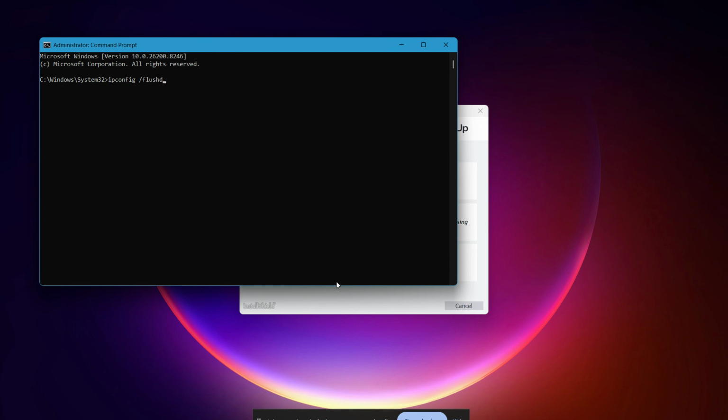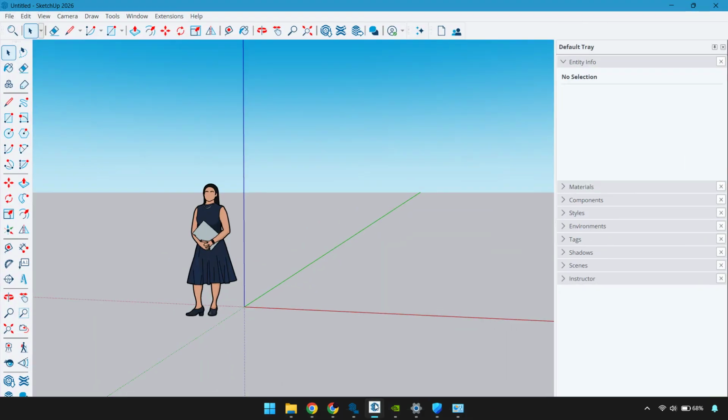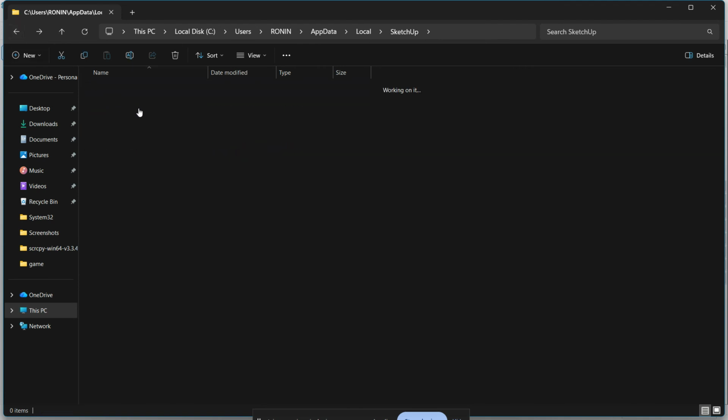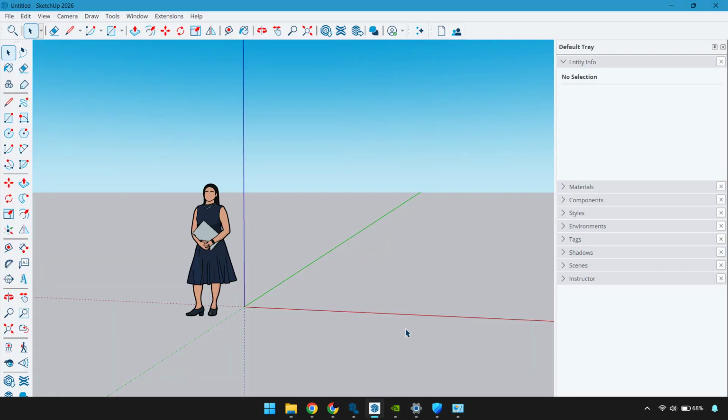At this point, one of these fixes should solve the SketchUp 404 error. Most users will be fixed by clearing the web cache folder, but if the issue is server-side, updating SketchUp or flushing DNS can also help. If you want, you can also try signing out and back in, or testing another network just to rule out